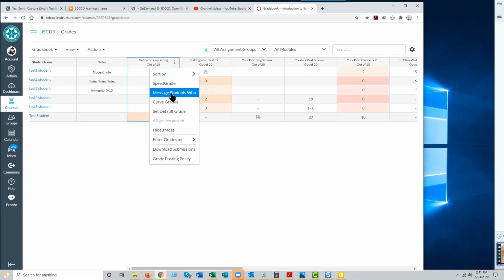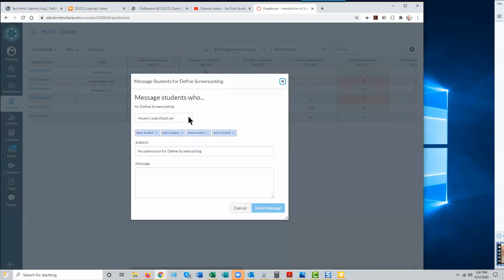In another context, this is maybe the most useful tool, I think, to student retention anyway in the gradebook, and that gives you the ability to message students using basically the inbox tool in Canvas, the mail sender in Canvas. You can message students who, based on this particular assignment column, either haven't submitted it yet, haven't been graded, or people who scored less than or more than a certain amount or a percentage on that assignment. So you can very efficiently